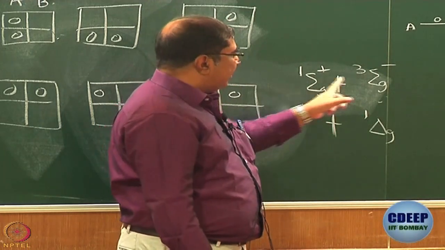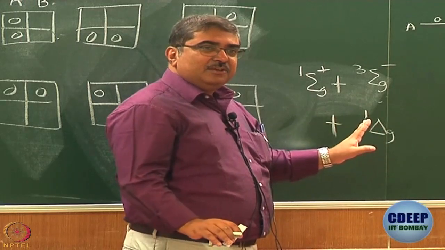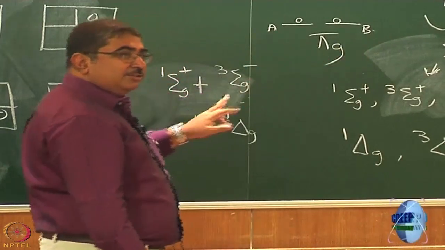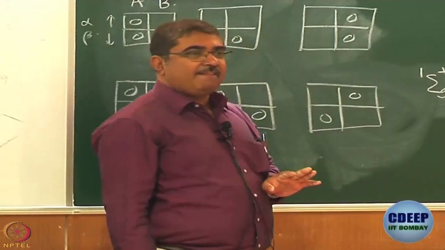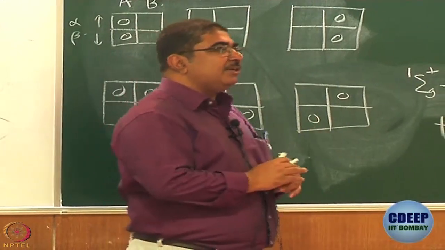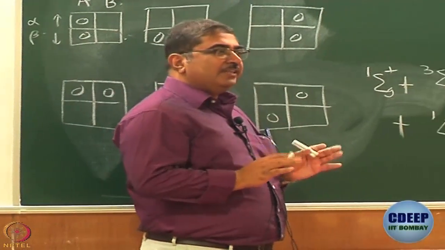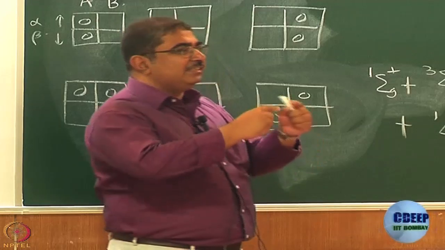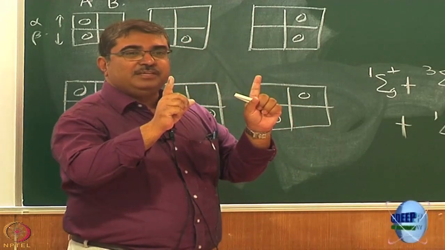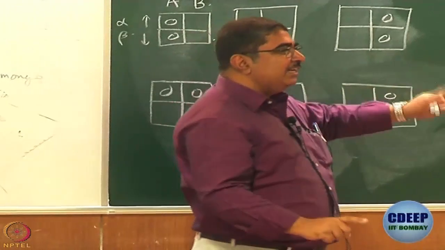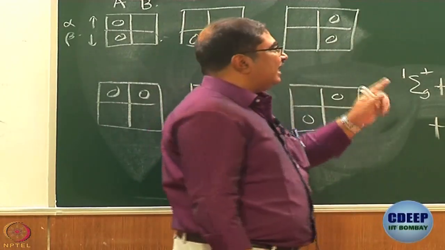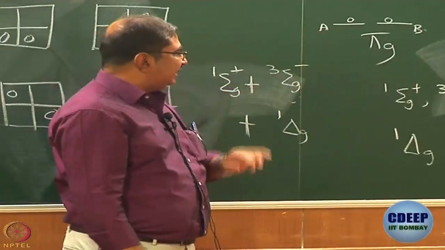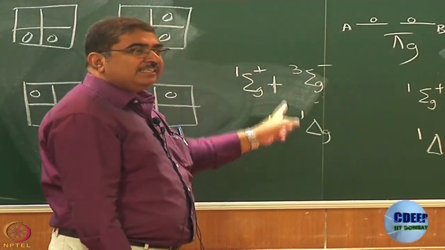How many states? 1 plus 3 plus 2, 6. So, what are we saying here? We are saying that out of this electron configuration, we actually generate 3 states. In our earlier discussion of oxygen, all of us know that the ground state of oxygen is triplet. And the way we got it is that we said there are 2 degenerate orbitals, so the electrons should be parallel to each other. Here we are doing a little more detailed treatment of it. We are saying that you can actually get 3 states. However, since the electron configuration is same, you have 2 singlet states, 1 triplet state.